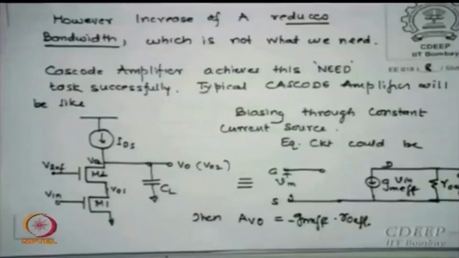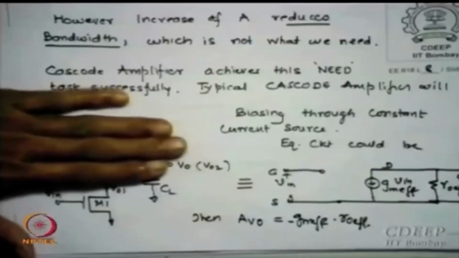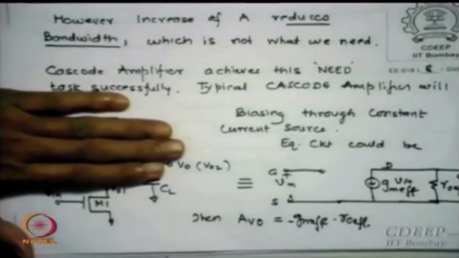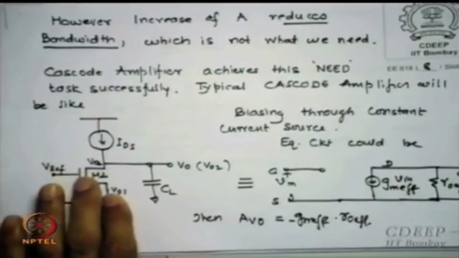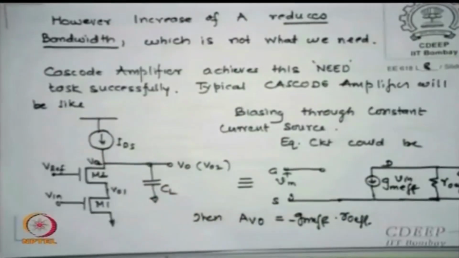I kept on telling you this is a single stage cascode. Yes, it is called single stage cascode, but in reality it is also cascading two things. You have one amplifier which is common source. The output of the common source, which is VO1, is fed to this amplifier which is common gate. So I am actually cascading two amplifiers even now, only thing is instead of two common source amplifiers, the second stage now is